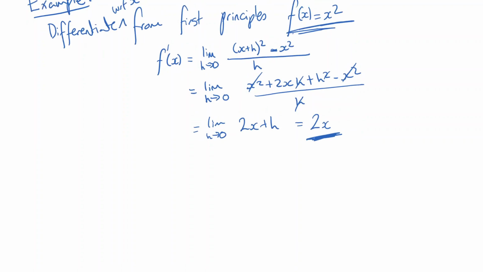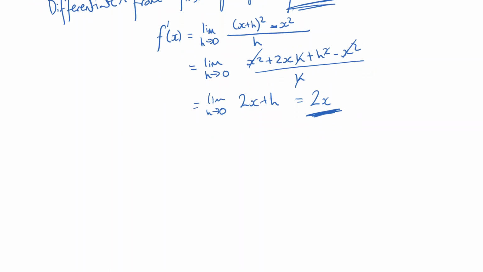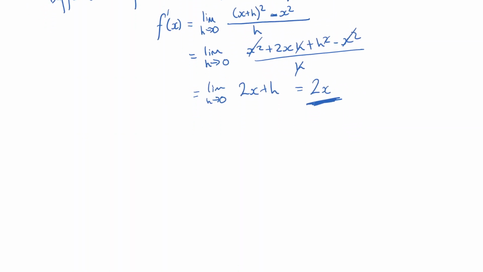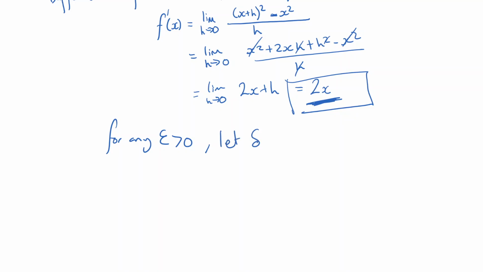Now I just want to show you this in terms of the epsilon delta definition that we went through in the last video. So let's just put this in a box and continue as if we didn't know it. So for any epsilon greater than 0, let's just let delta equal epsilon. So this is our relationship. You can do some working out to get a good guess for what this relationship will be. So let delta equal epsilon such that,